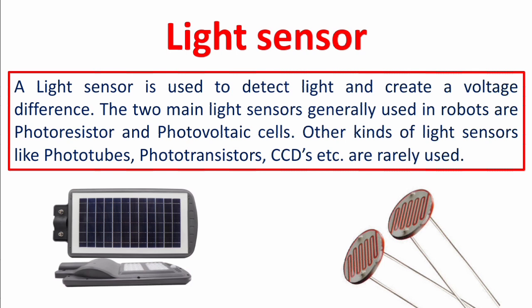Now the second is the photovoltaic cell. A photovoltaic cell converts solar radiation into electrical energy. This is especially helpful if you are planning to build a solar robot. A photovoltaic cell is considered an energy source, and intelligent implementation combined with a transistor and a capacitor can convert this into a sensor.